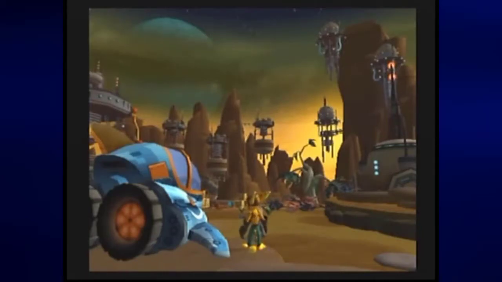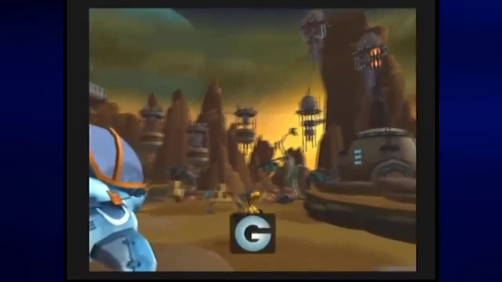And from here, we now have full control of Ratchet. Story so far: we're fixing our ship. All of a sudden, a robot is trying to get away from somewhere after seeing something, and he crash lands here. I'm assuming the robot is a he. Not surprisingly, Ratchet finds out about the crash landing of the robot and sets out to investigate. And from here we can...